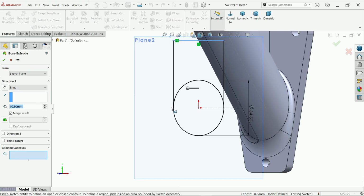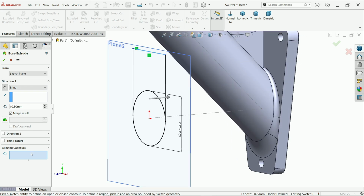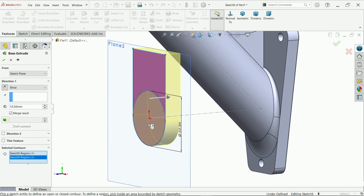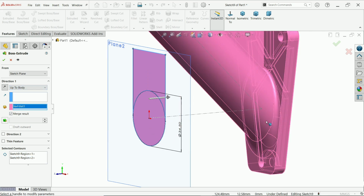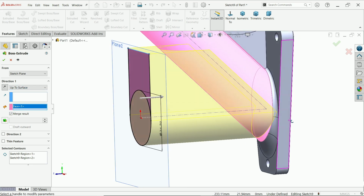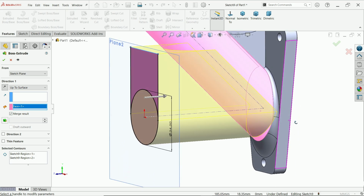Extrude, reverse. Now here there are more than 2 profiles, so you have to select both. Up to surface or up to body, let's say up to surface. This is going to be perfect for us. Unmerge result, because we don't need this result. We want to create